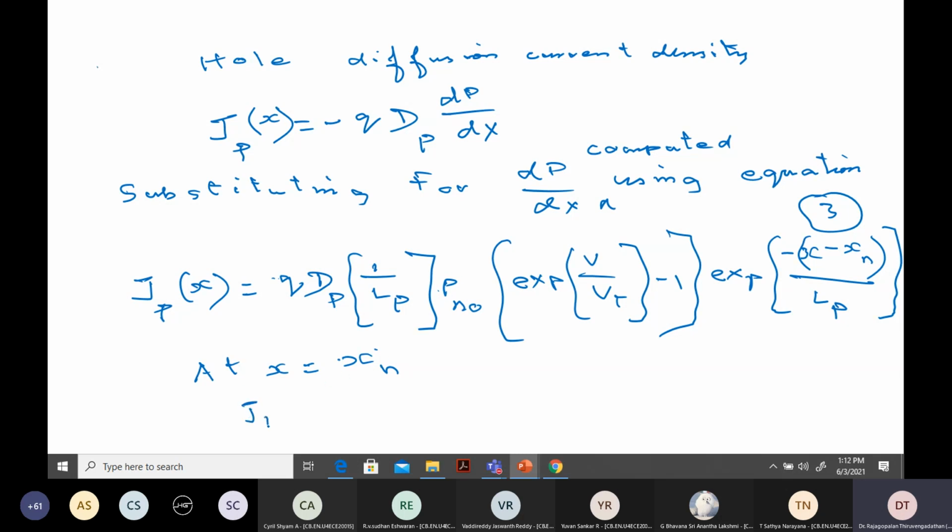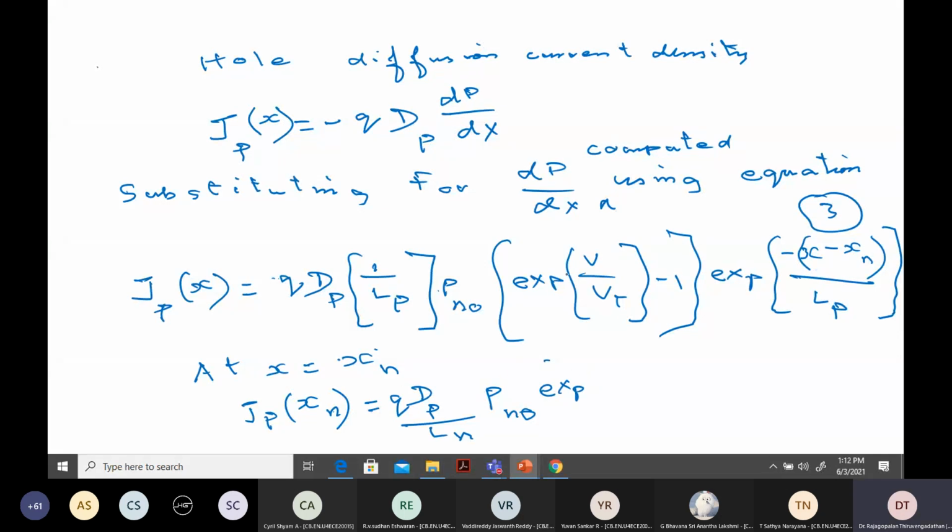JP of xn will be highest, it will be q D_P by LP, Pn naught, exponential of